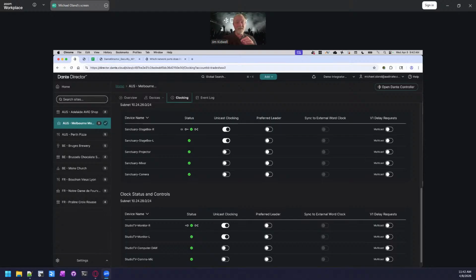I don't know if Michael stressed enough on this, but the user interface has matured so much here. So the amount of information that you can access quickly using the interface has changed dramatically. Now, integrating new features is something we're actively working on. The sharing of audio between different sites is something we are working to implement right now. You can still right now, if you create a site that contains multiple different VLANs, it's very easy to share audio across them. If you have multiple VLANs, you put them all into the same site.